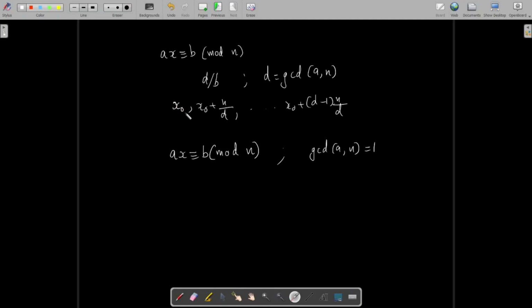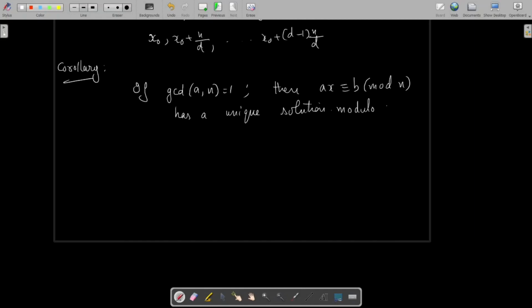Because here we have to add n by d, 2n by d, etc., d minus 1 into n by d. d minus 1 is here 1 minus 1, which is 0. So there is exactly one solution, which is x0. So we have a corollary here. If GCD of a and n equal to 1, then the linear congruence Ax congruent to b mod n has a unique